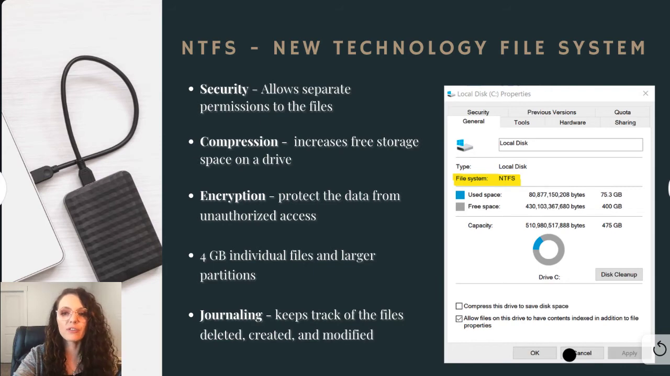Some awesome features that are most likely normal to you that past computers did not have would be the following. You'll see here on the slide that we have security, so this allows separate permissions to the files. You are used to this, being able to lock a file or not lock a file or make it readable or writable, but this was not something that could be done in previous file systems. Compression. So remember how we've been zipping and sending off our websites? That's called compression. That's where we compress our files down into a smaller format